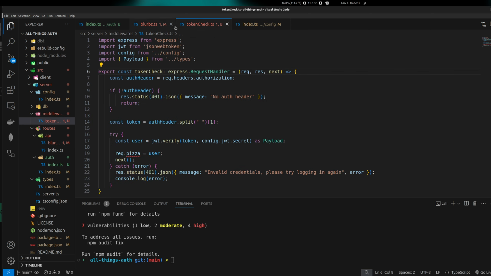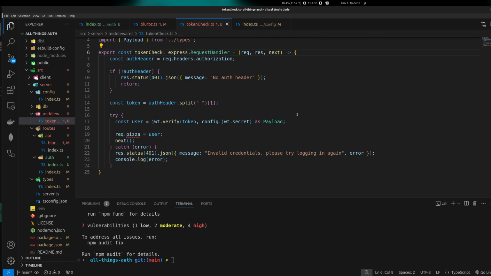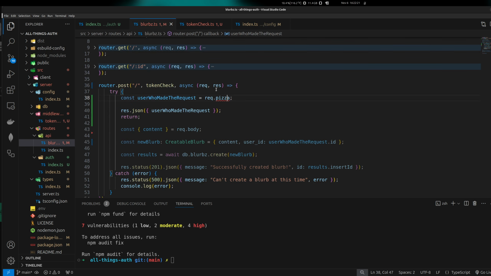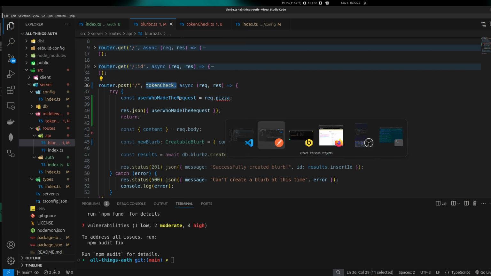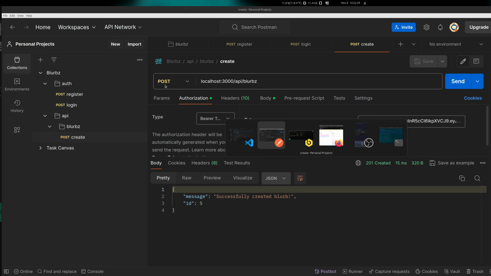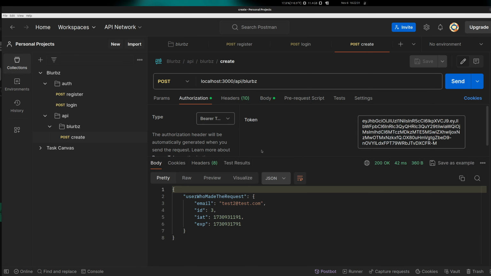If my token is bad for any reason, well, this does all that checking for us. All I had to do was slap this one bad boy in front of my post request, and now it's making sure that I can't even touch this code unless I've got a good token. So let's go test it out. And cool, I'm not expired. Probably barely, but,